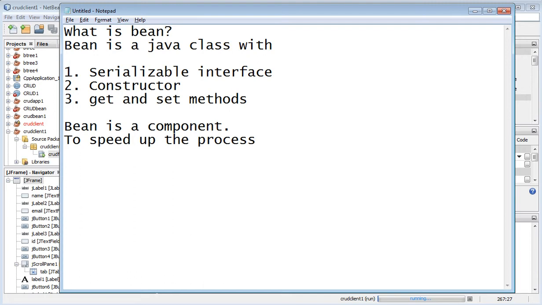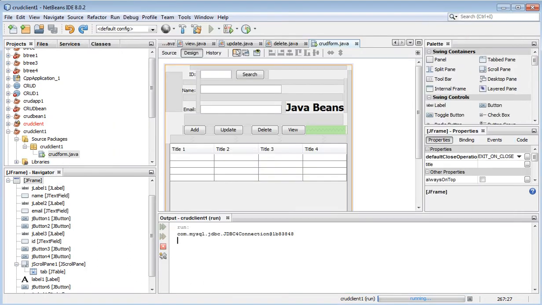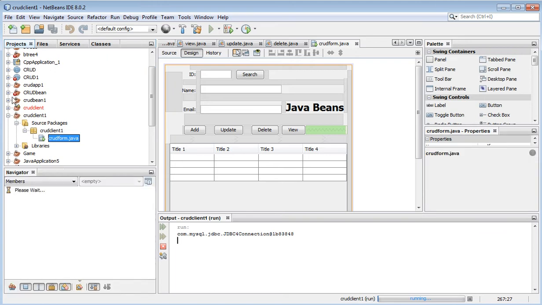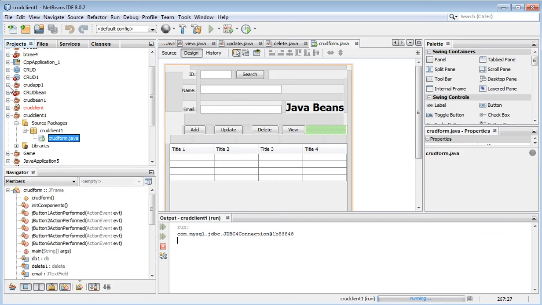Okay, so beans are used to develop components for GUI applications, and for non-GUI applications like web applications where the GUI is not Java based, but HTML or some Bootstrap.